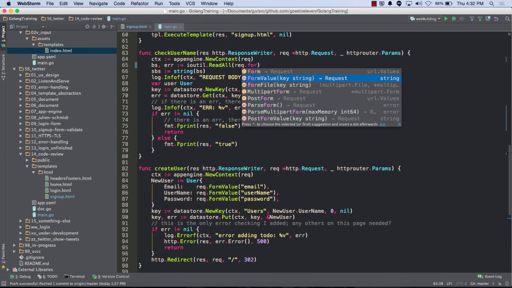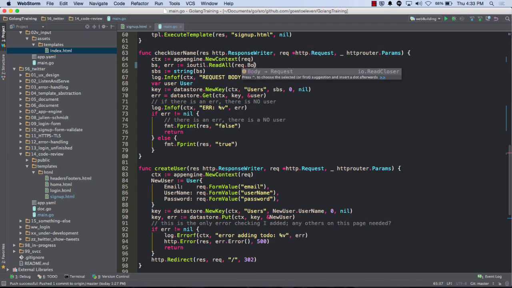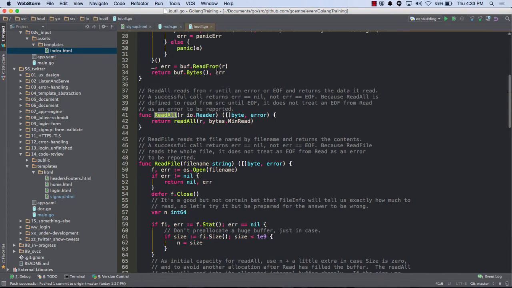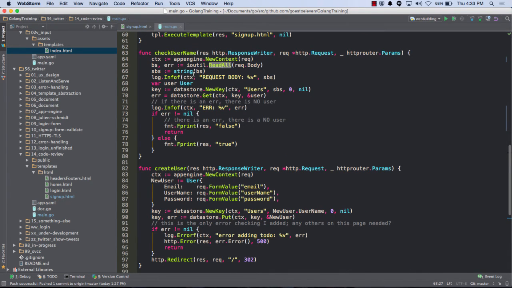But if I only have this request body, how do I gain access to it? Well, request body is like the server sent me a page. Here it is. Well, I got to read it, right? So let's read it. So I read it all. And read all, just when we look at the documentation on that, read all returns a slice of bytes. And so I know just from hanging out with Go stuff, I could take a slice of bytes and I could use conversion and make it a string.